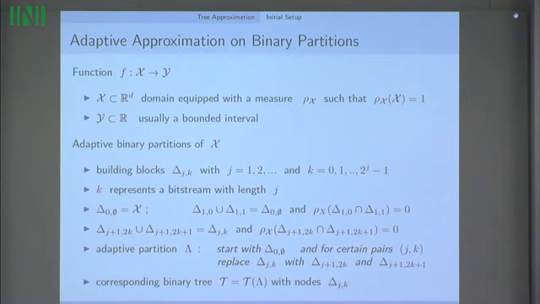What that means, we take first the whole domain, then we subdivide it into two, then each of the parts we can subdivide in another two parts, and that practically builds a tree. And this tree, we want to decide whether to subdivide some portion or not, and that would be the adaptive